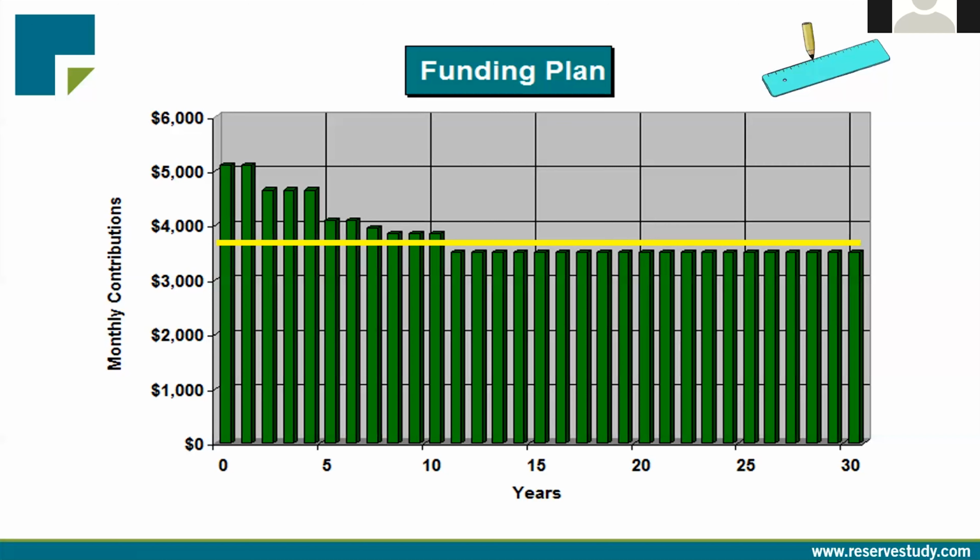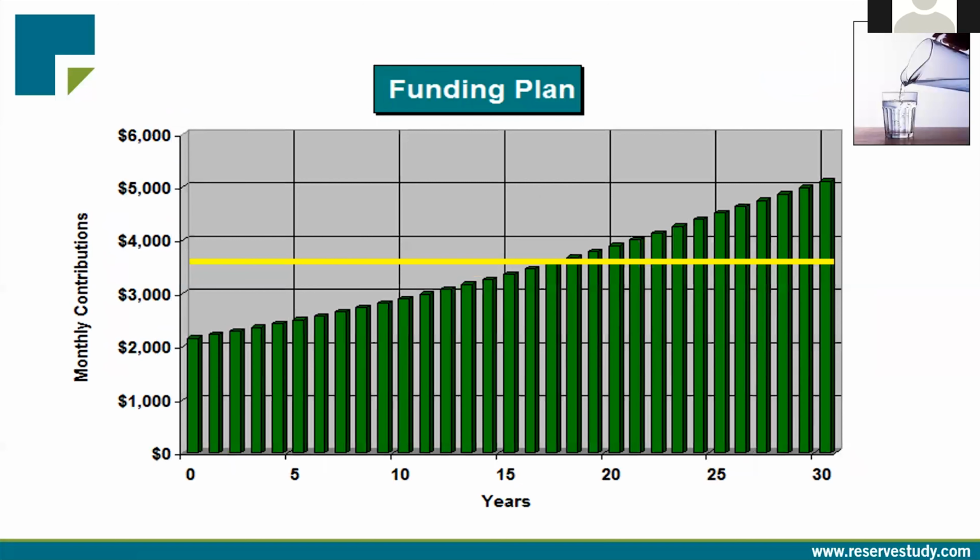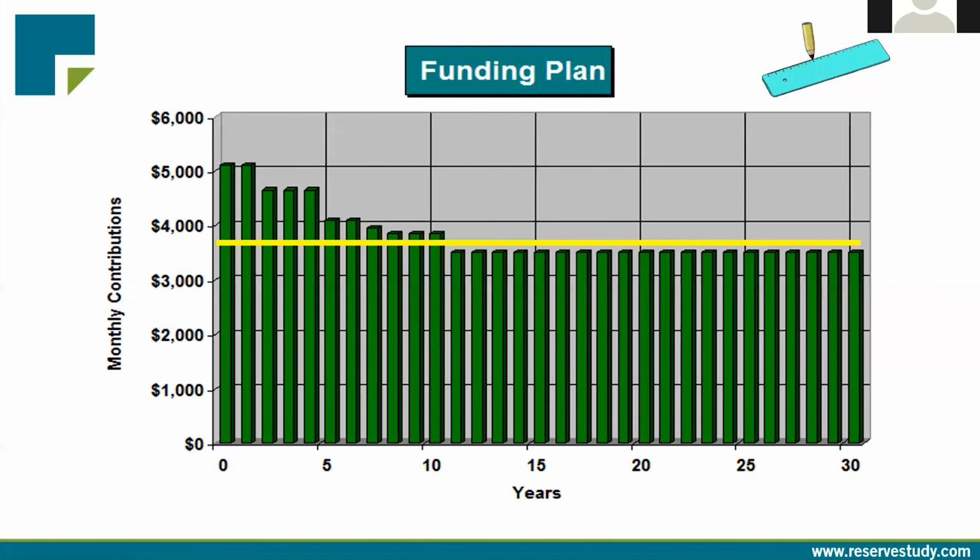Ian, can I break in here? Let's look at the component method. It's what, $5,000 per month. And I'm going to go back a slide down to $2,000-some dollars a month. That's a big difference. In this case, it looks like a doubling, and that's all just the first-year difference, because that average is what, $3,600, $3,700 if you average it out through the years? Exactly. They come out to about the exact same average. It's just how you get to the end goal. Right, because it's exactly the same expenses over a 30-year period.